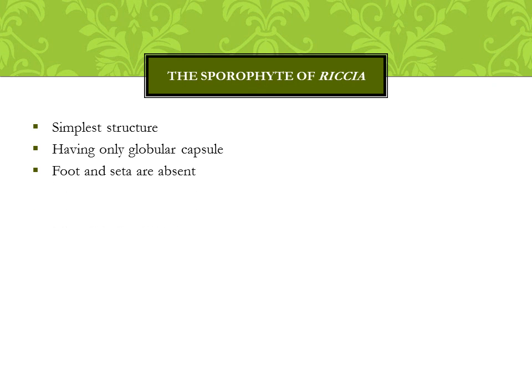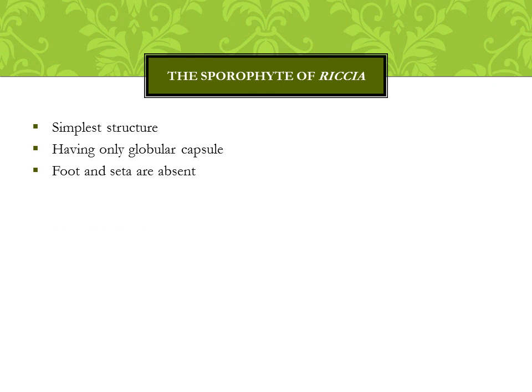The sporophyte is the post-fertilization stage. The sporophyte in Riccia possesses a very simple structure, only a globular capsule, and has the simplest organization among the bryophytes because foot and seta are absent in Riccia. You can see in this picture